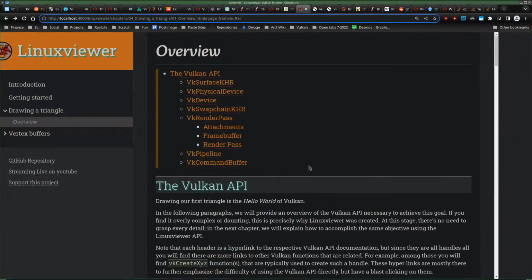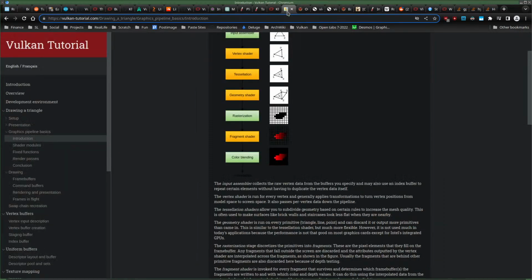I kind of follow in this overview their ordering. At least we have a physical device and a device, the swap chain, and then render pass, pipeline, command buffer. But as you can see, totally missing here is the descriptor sets. And if I go to the Vulkan tutorial,